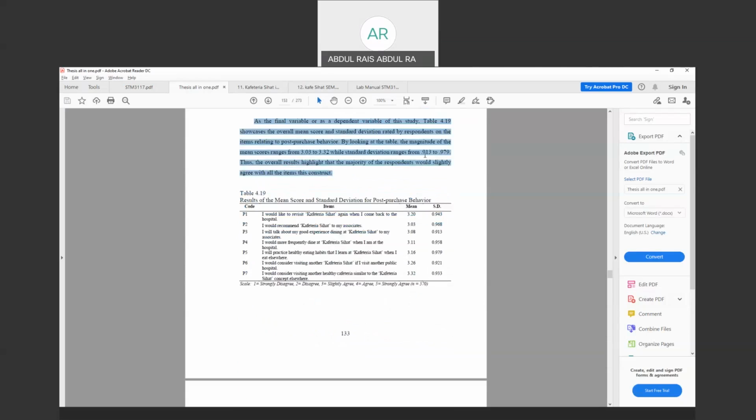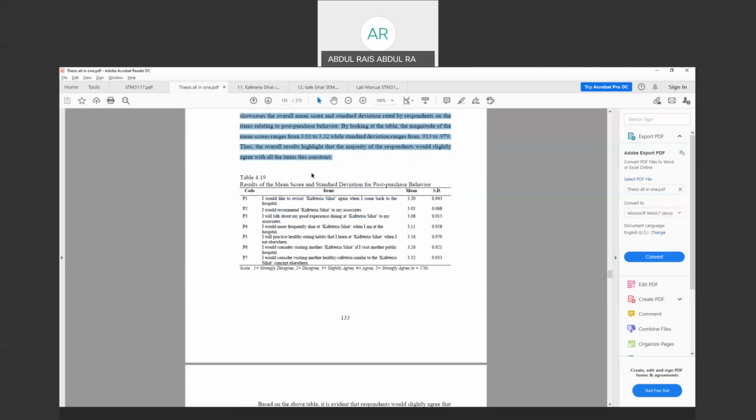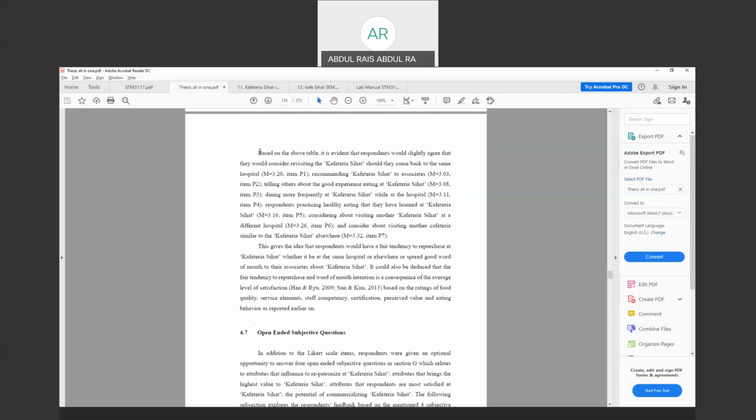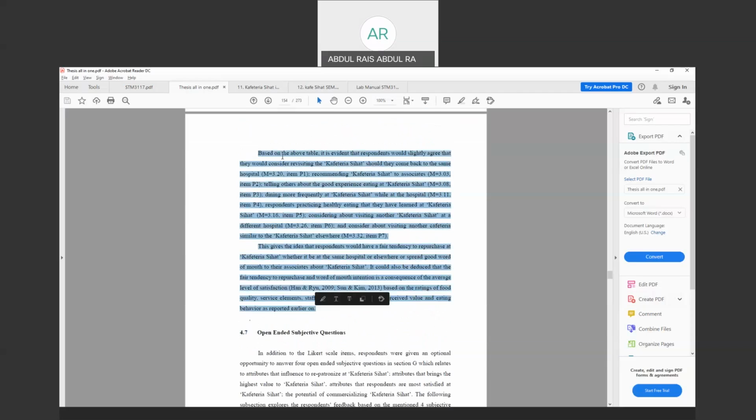of 0.913 to 0.979. Okay. And it indicates that the majority of respondents slightly agree. Based on the above table, it's evident that respondents would slightly agree about coming back, about recommending cafeteria sihat to others. So this refers to items relating to post-purchase behavior. Okay,